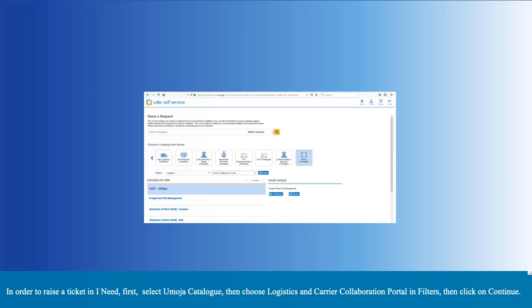In order to raise a ticket in iNeed, first, select UMAJAR catalog, then choose Logistics and Carrier Collaboration Portal in Filters, then click on